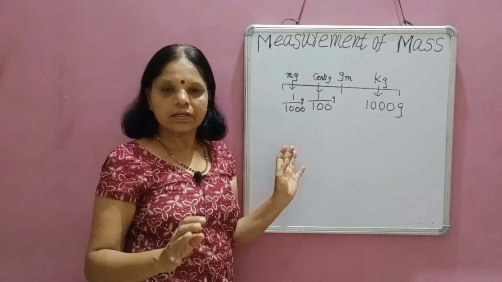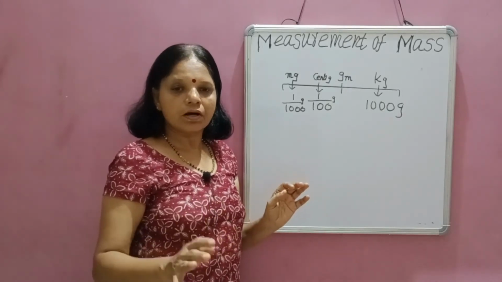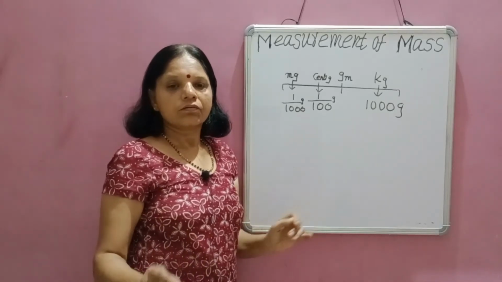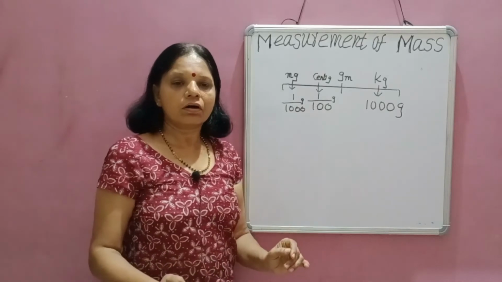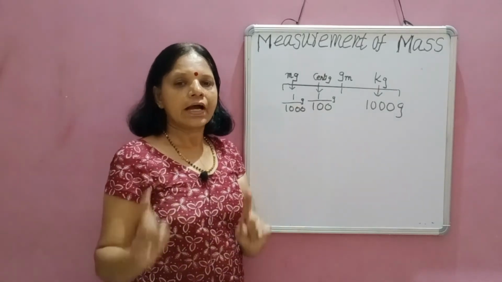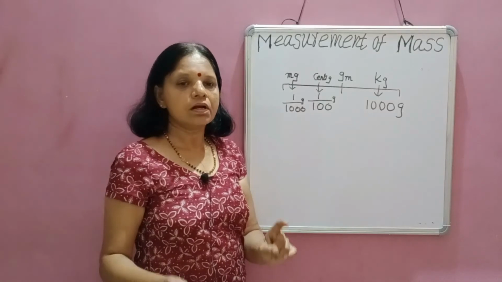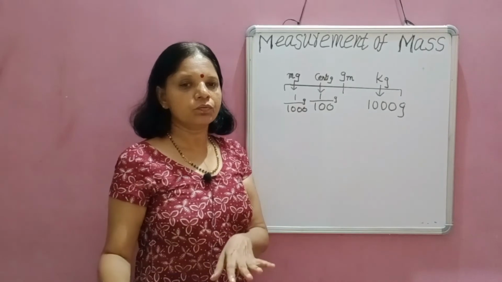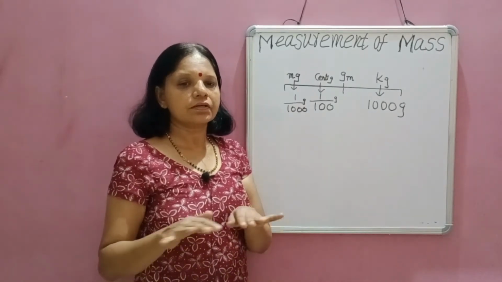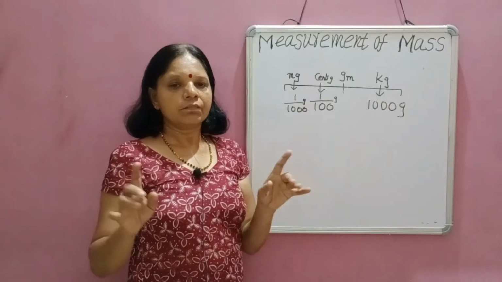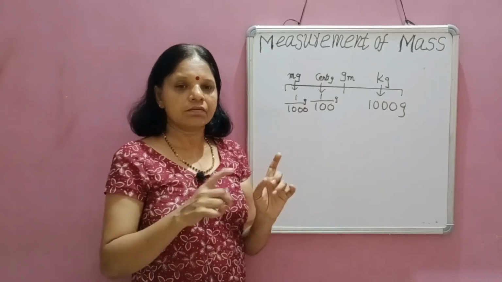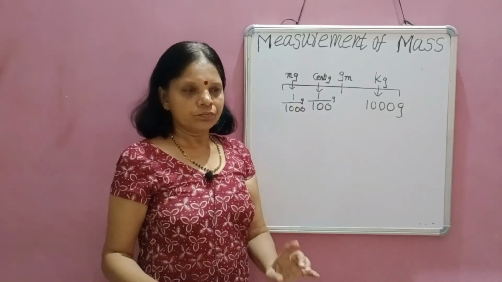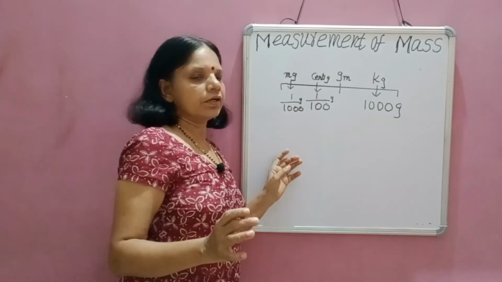We are not directly measuring the mass of the object. What property are we using here? Objects having equal masses have the same weight. So when the two pans come to the same level, the mass of the objects in both the pans is the same. Using this principle, we are finding the